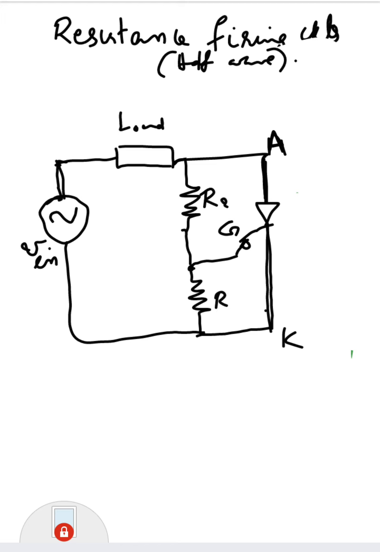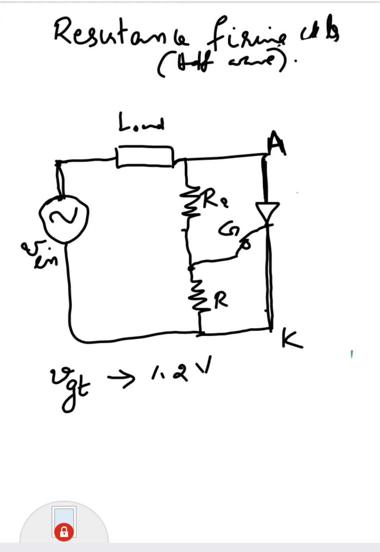Now what is the fundamental principle for turning on this SCR? In the data sheet of the SCR, they definitely specify the required triggering voltage. For example, in the data sheet they have specified the required triggering voltage. You can use different notations here. I am using VGT. The triggering voltage is equal to 1.2 volt. So VGT is equal to 1.2 volt.